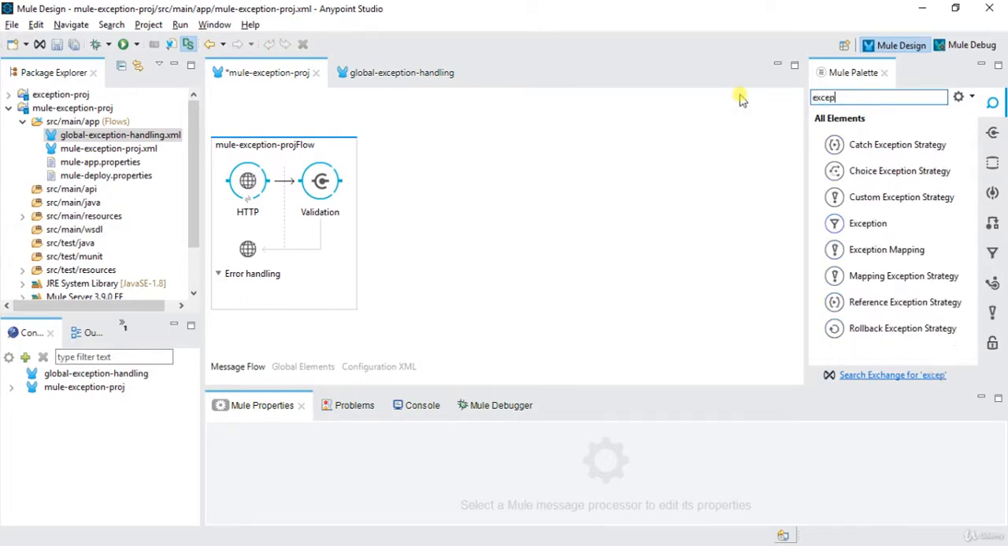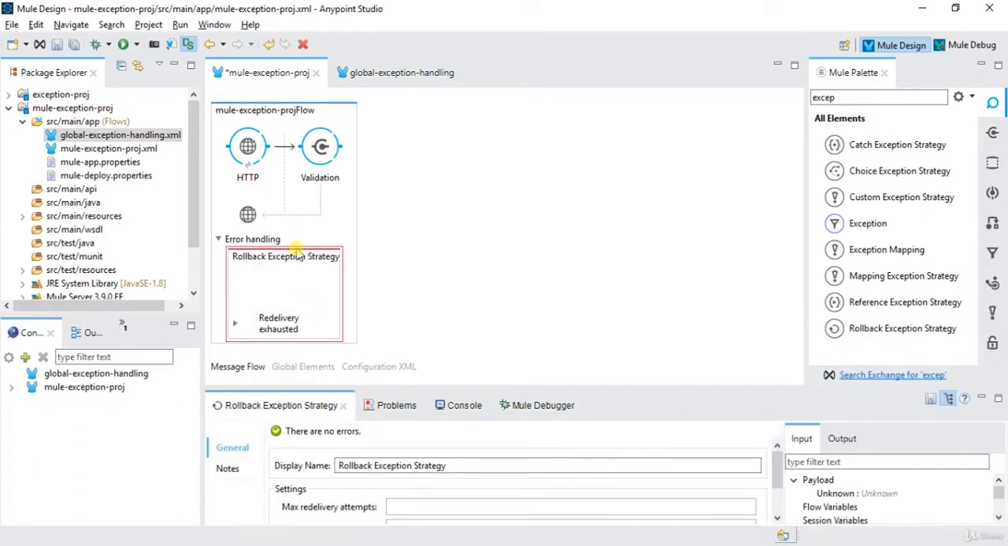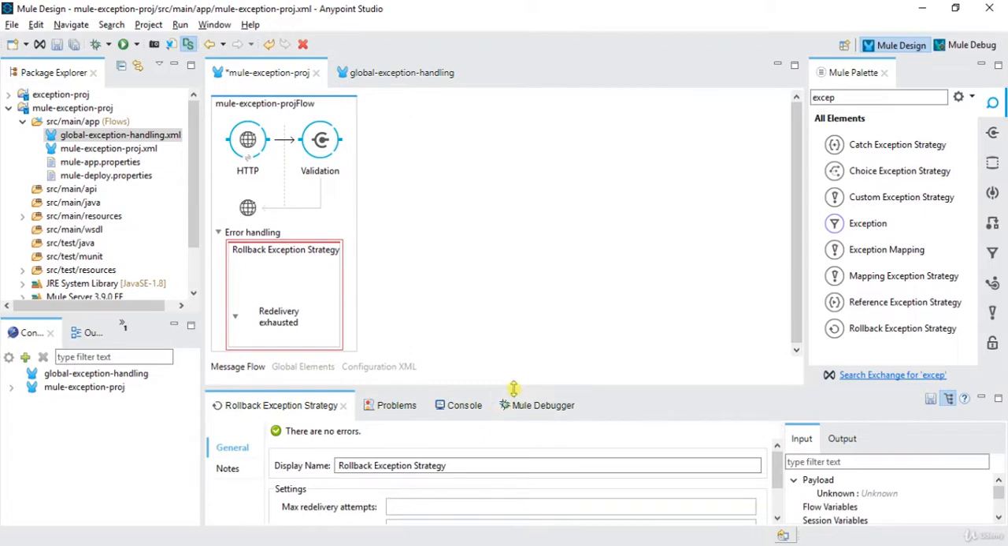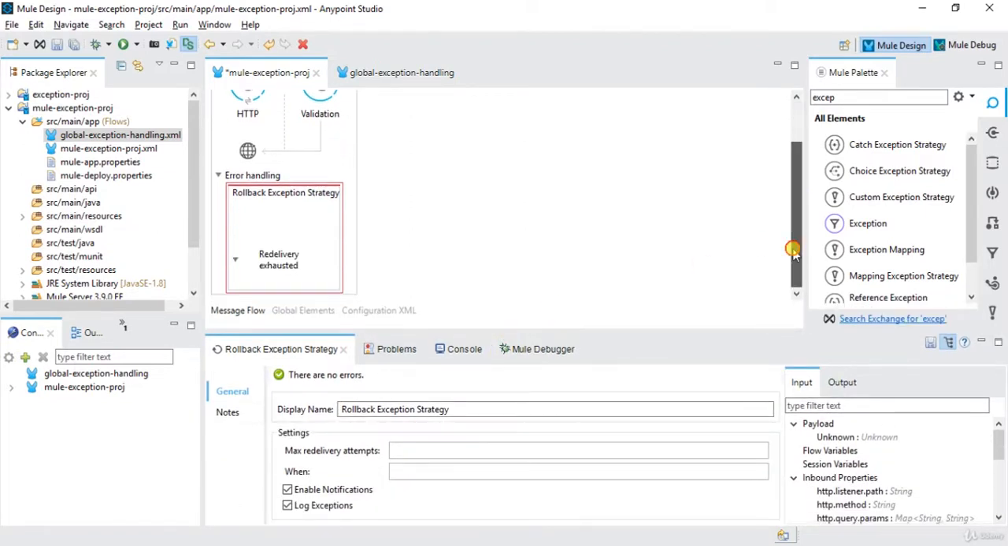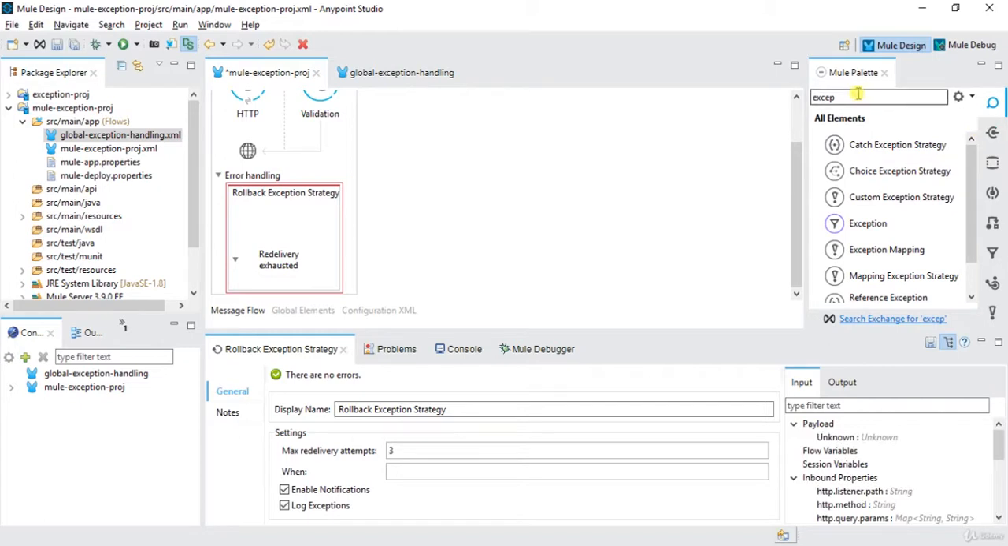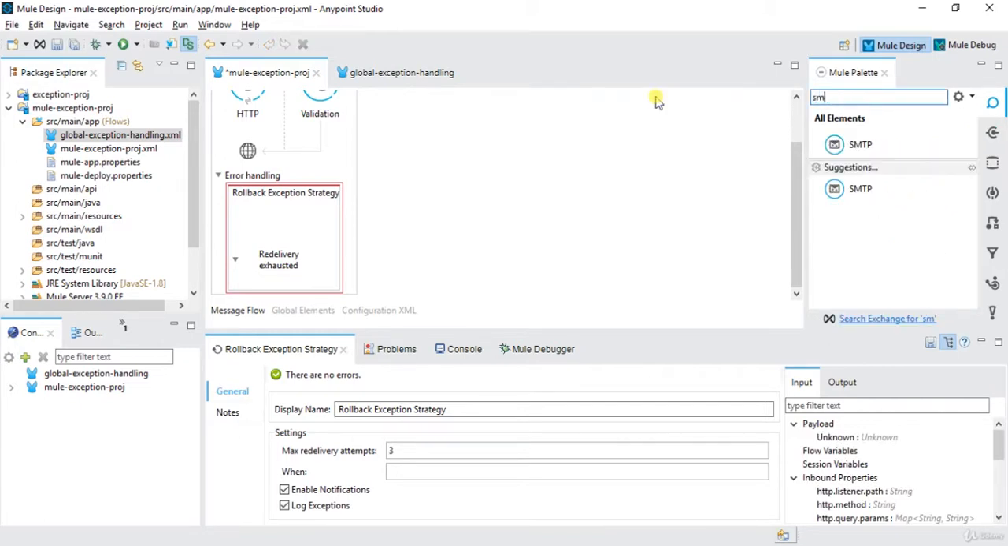Now we have a few more exception strategies, like the rollback exception strategy. Inside the rollback exception strategy, once the exception comes, we can give a number of retries. Let's say I am giving 3 over here, so it will retry 3 times. Again, if the exception comes, this will go to redelivery exhausted. So we can do, let's say, SMTP over here,